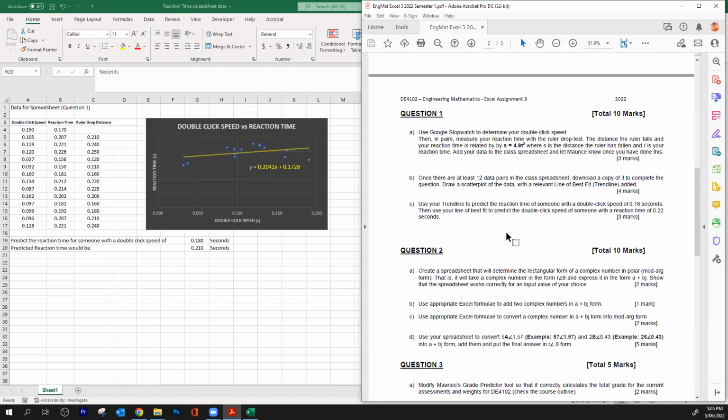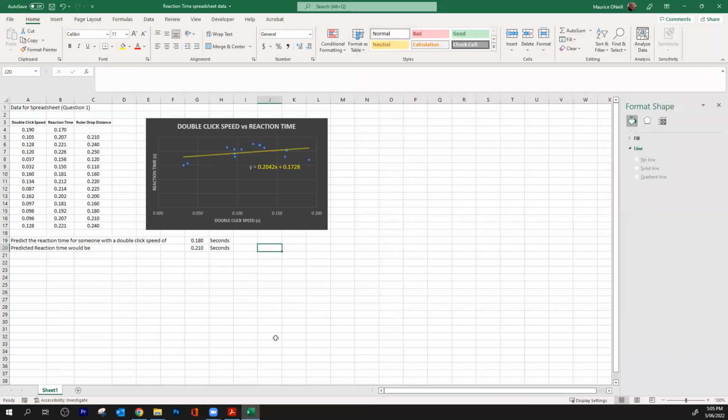So what's the double click speed? Yes, of 0.18 seconds. And use your line of best fit to predict the double click speed of someone. Okay, right. So is that correct? Let's just see what our equation tells us, because that tells us that the reaction time is x. So we would go equals